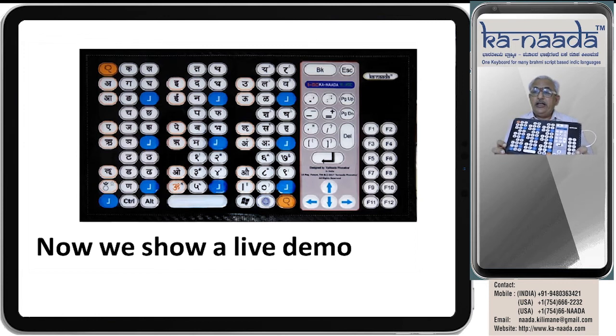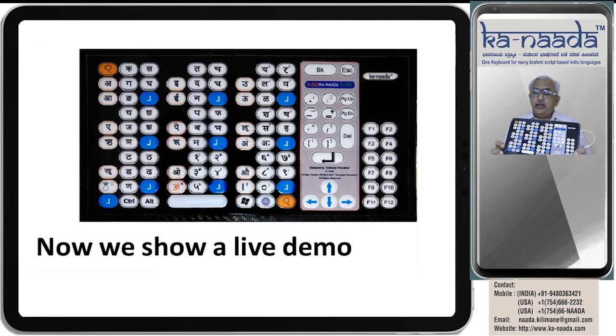Suppose we have to type Kannada. Ka is one keystroke, Na is the second keystroke, Join is the third keystroke, then one more Na is the fourth keystroke, Da is the last one. So how many keystrokes does Kannada take on the Kannada keyboard? Five keystrokes. On an English or mapped keyboard, how many keystrokes are needed?